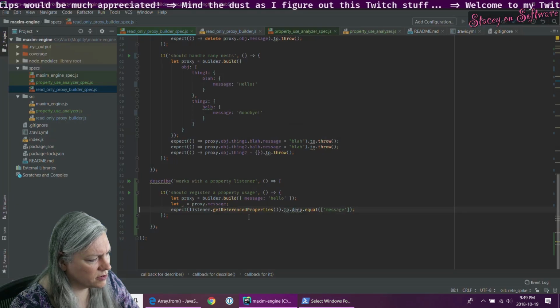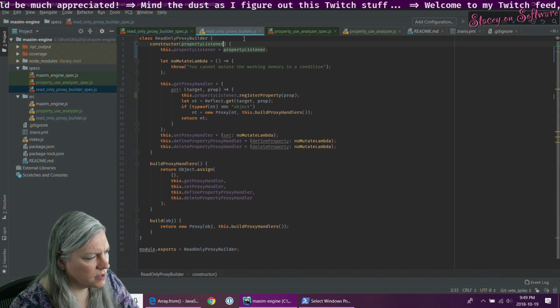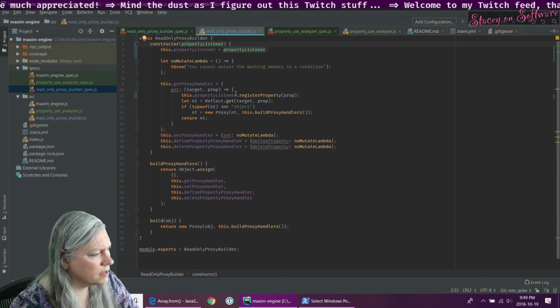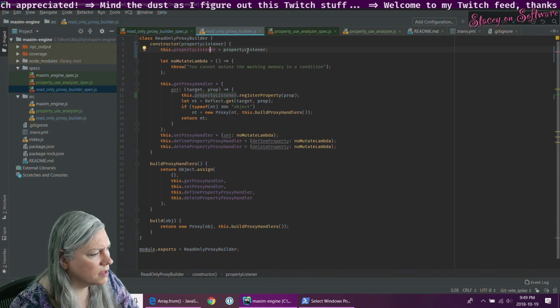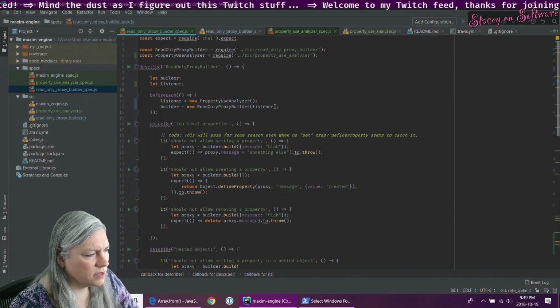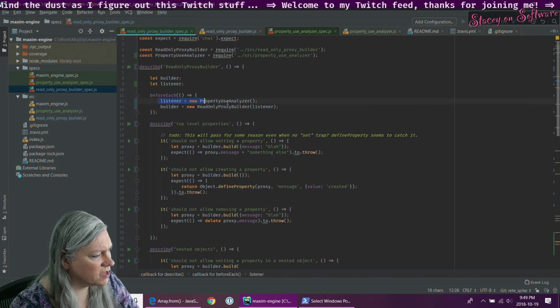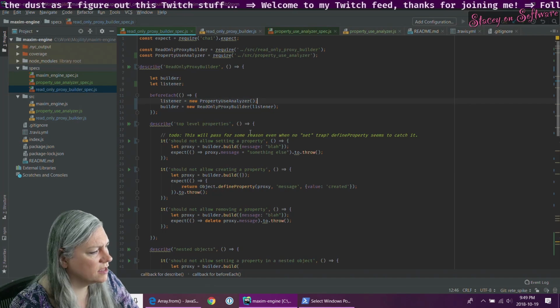Read-only proxy builder. Should have a thing. Using the listener, giving it a listener, creating a listener.